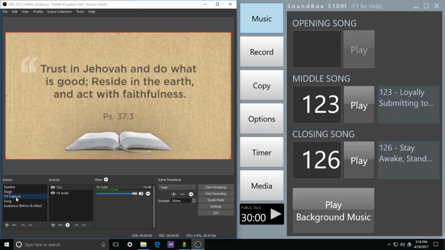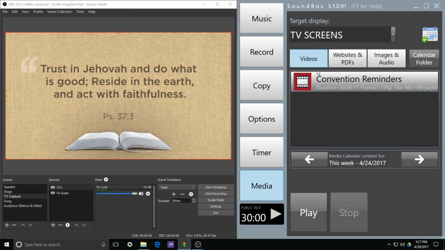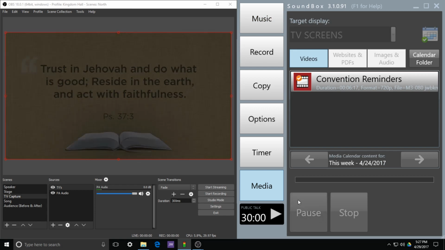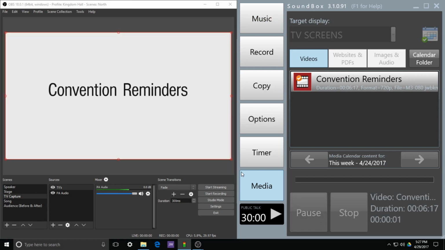Our third scene is the capture from the TVs. TV capture scene here can be used to show videos, and that's what we use it for. So if in Soundbox here, if I go on media and then play a video here, you'll see that it will just switch over to